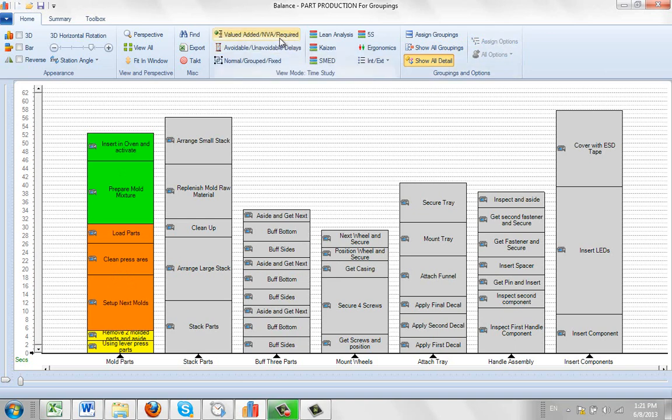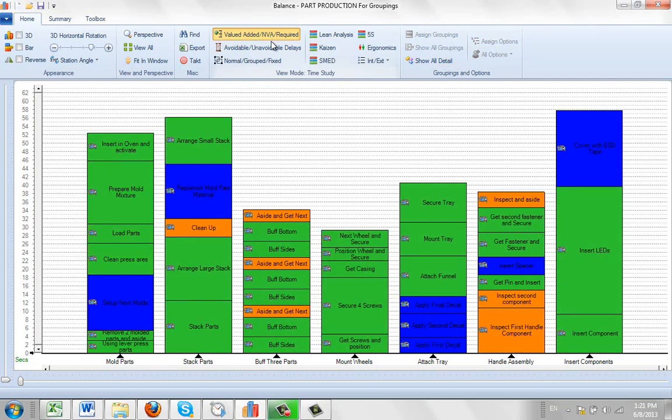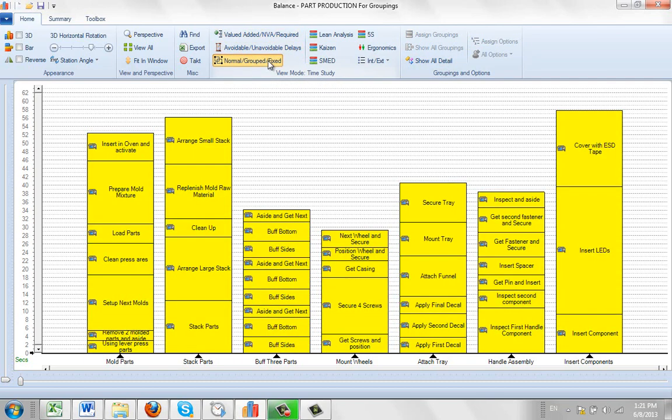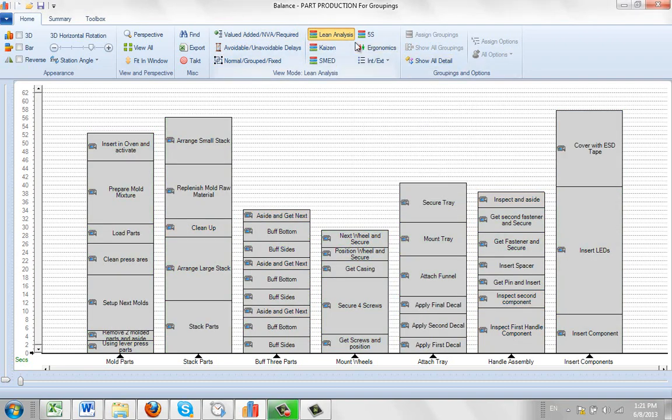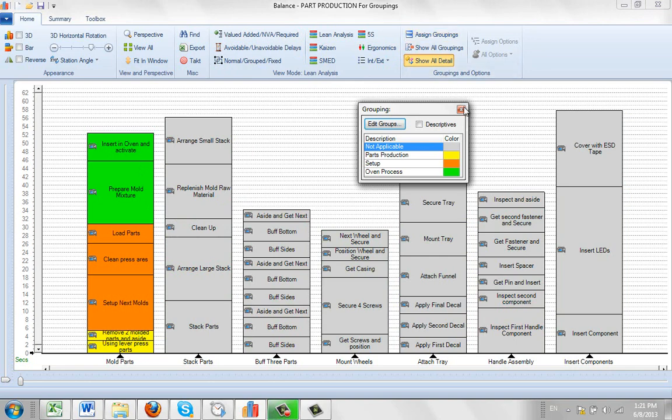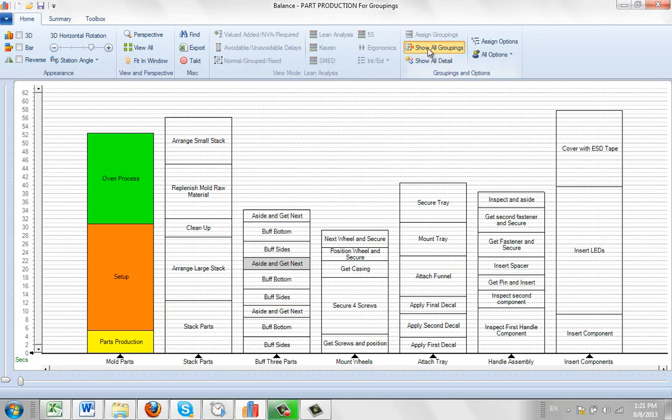So to get back to the value added, non-value added, you must go back to show all detail, and then you can do any of these views that you want. You can click down through the different views here. All of these ones are available to you to work with here. But if you want to go into the groupings, you have to access them through the show all detail, and this is showing you the details of the groupings. You can assign the groupings here, and only when you click on show all groupings will you get the assign option and all options here. So in other words,